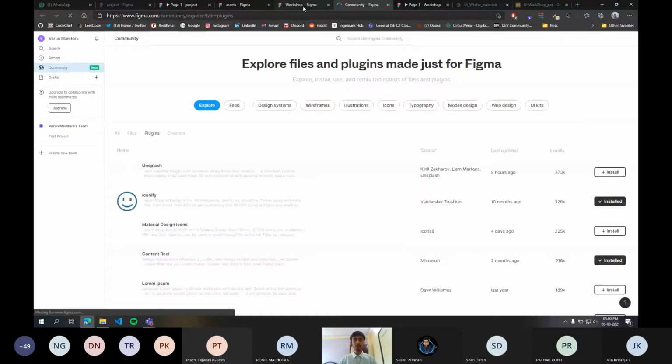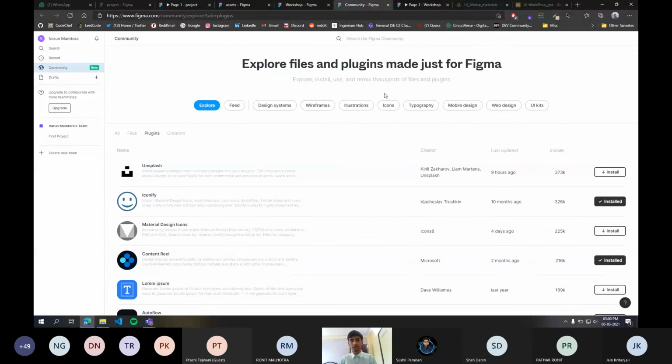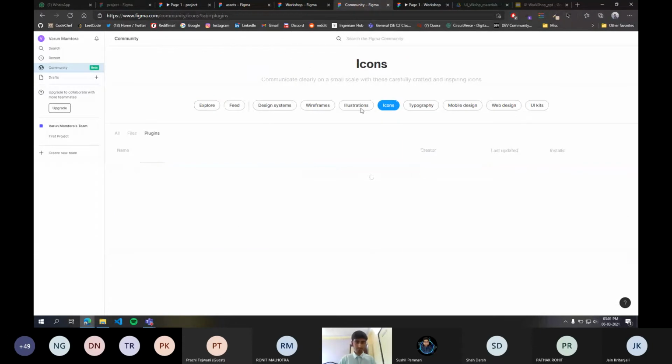Okay. Now we need an icon, right? So now, thanks to Figma community and all the UI UX developers, they have made wonderful plugins for user interface, such as for fonts, for prototyping, for icons, for animations, etc. So currently, we'll select on this icon.